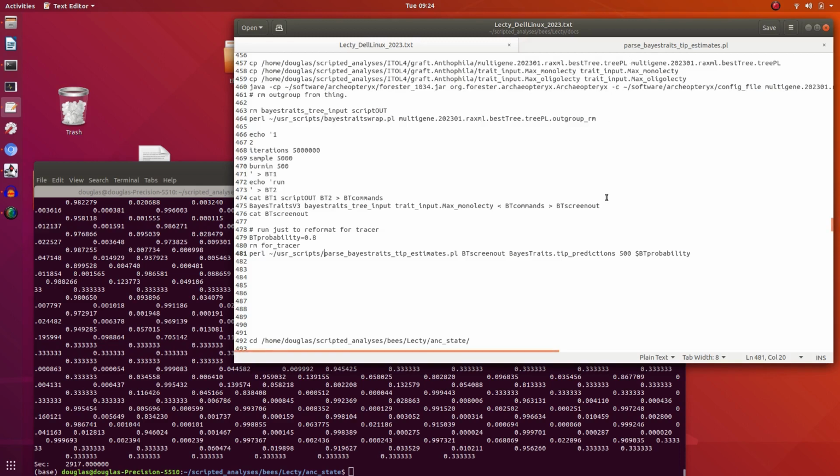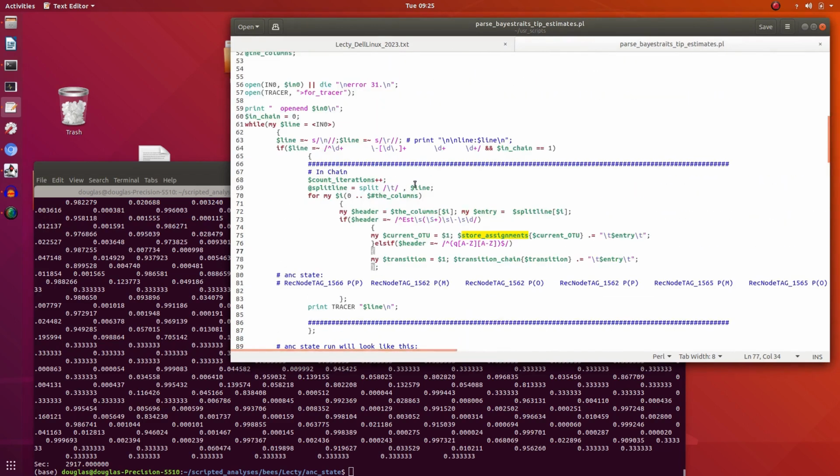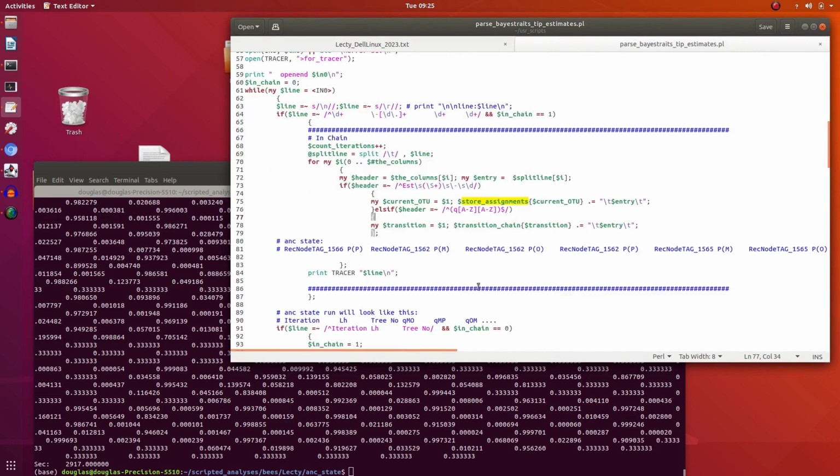I've done it from the ancestral states. When you do the ancestral states, you get a bit of a different format. So that's why this has not worked. This parser is not appropriate. So I need to add a bit of code to deal with this different format to this script for parsing